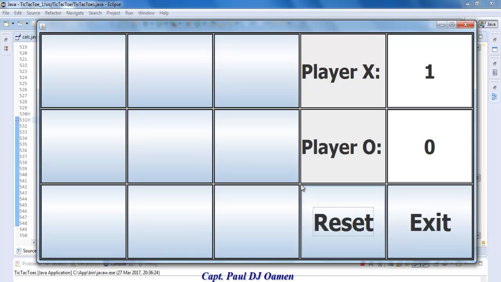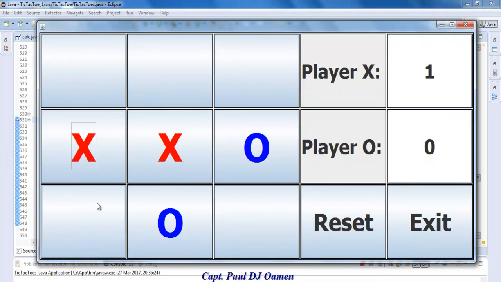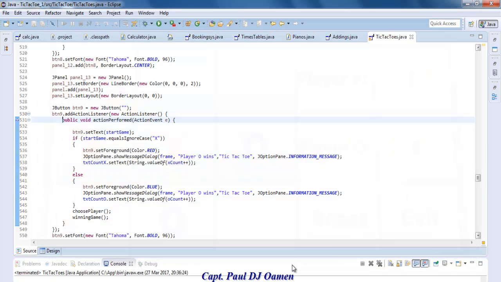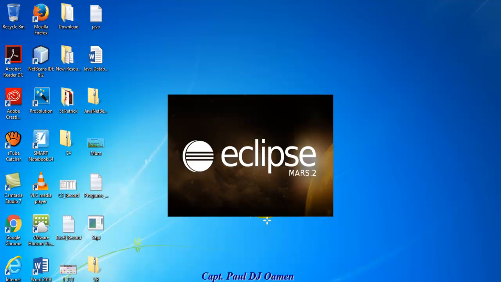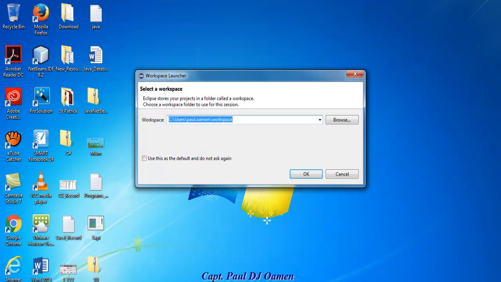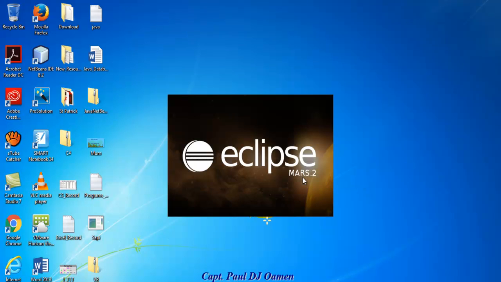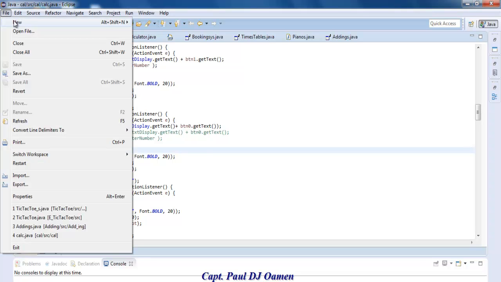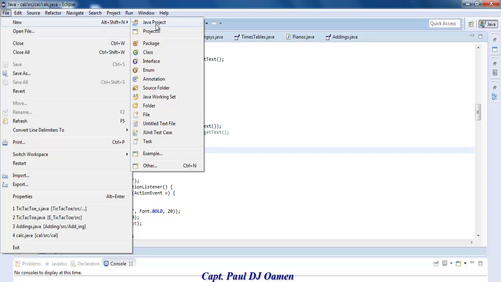So let's do that now, guys. So let's go straight into Eclipse. And welcome to my Eclipse TicTacToe tutorial. I'm going to start by clicking on OK. And let's wait for our Eclipse to get set up. Now that my Eclipse interface is ready, I'm going to go to File here, select New, Java